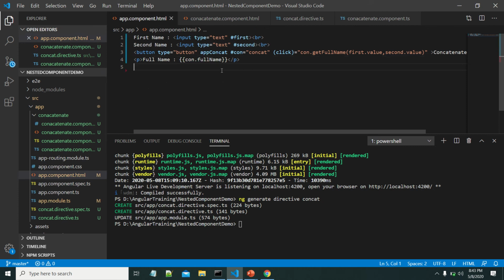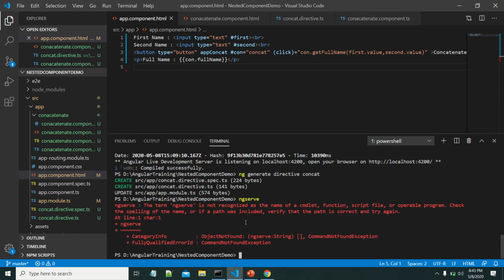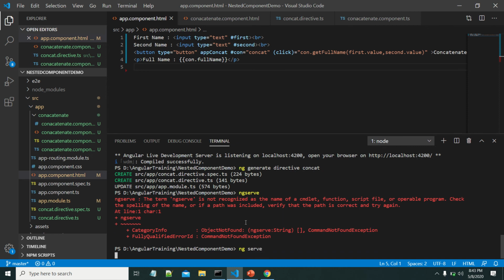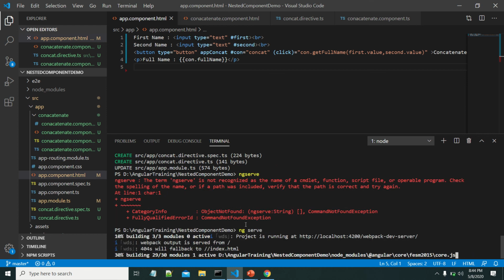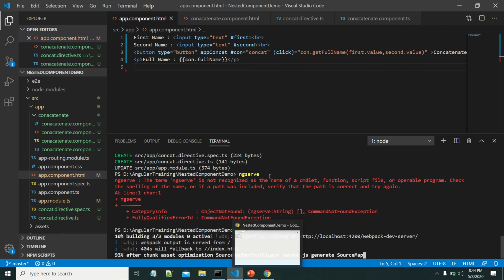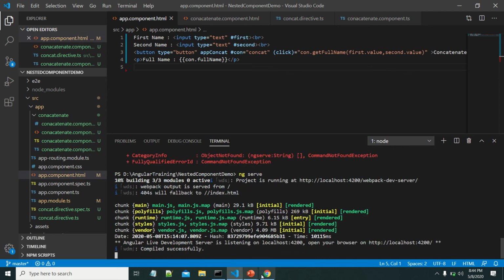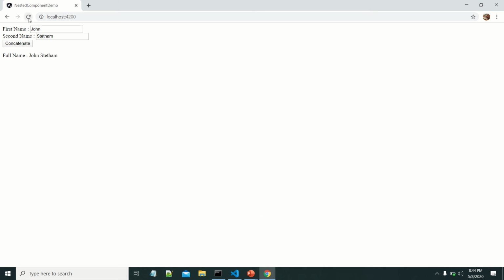Let us save it and run the application. Compiled successfully.